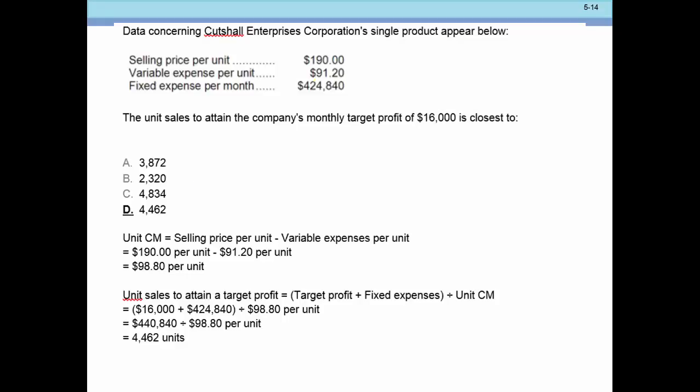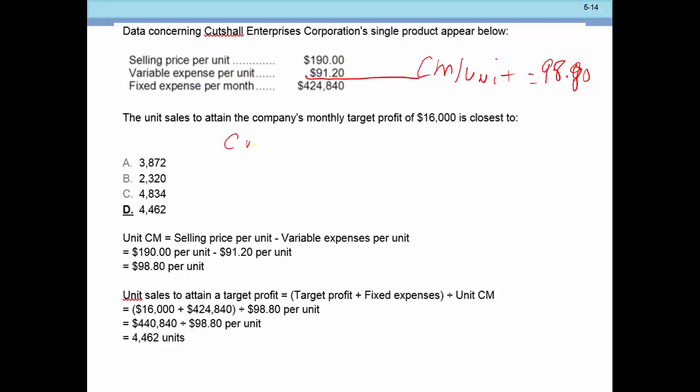So let me get my contribution margin per unit, which is going to be this 190 minus 91.20. What's that? 98.90? $98.90. 98.80. Is that what you said? 98.80. Okay. So we have this 98.80, and we're going to go ahead and set that up,